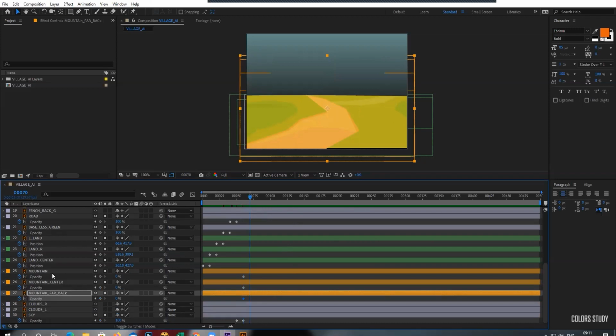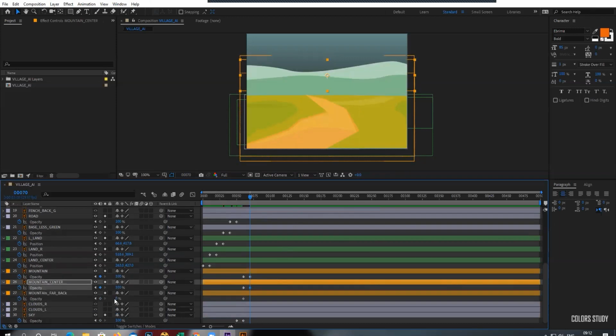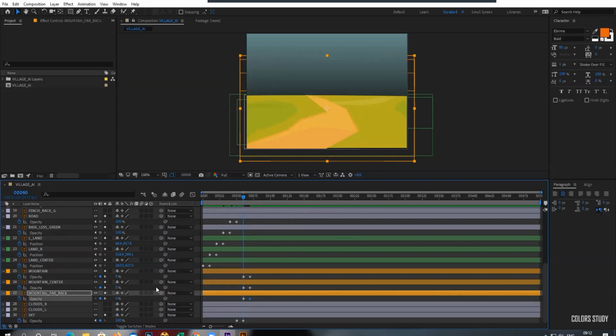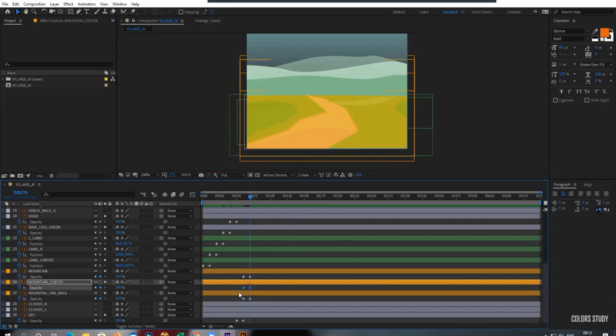Now I'm doing the animation for 3 layers, all the 3 layers at the same time, because I have to do the animation from 0 to 100. That's very easy to do. All I did was I went back, I put the value 0, 0, 0 for each layer. I went 10 frames forward and I bring back the opacity to 100, 100, 100. And all I'm going to do now is just shift the keyframes.